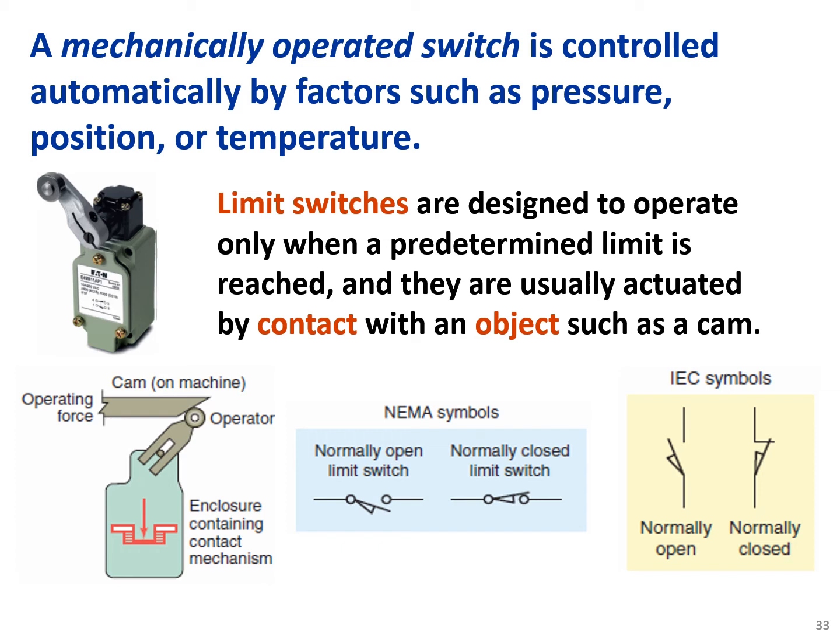And they are usually actuated by contact with an object such as a cam. So we have a cam and follower. For example, here this is a cam, this is a follower, and the cam and follower is a perfect example of a limit switch. So we have a moving object, and that moving object in this case is the cam. That could be, for example, a rod or a piston. Okay, so that's a moving object which basically